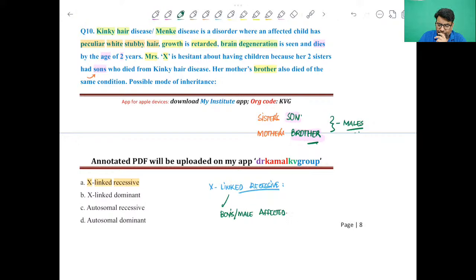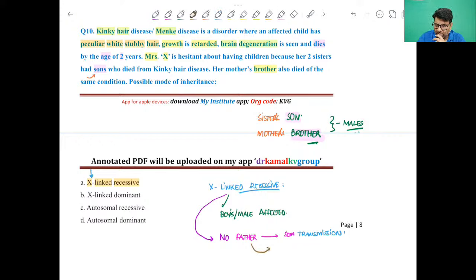And secondly, the condition is transmitted only by an affected mother to the son. So there is no father to son transmission. Clear? So there is no father to son transmission because the condition is transmitted by X, and a father